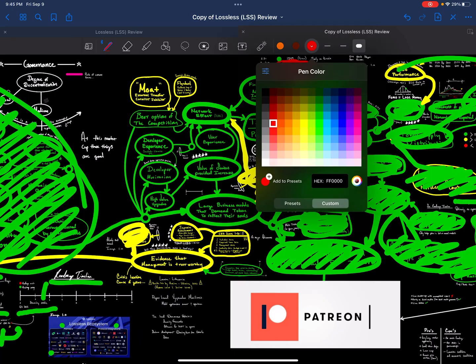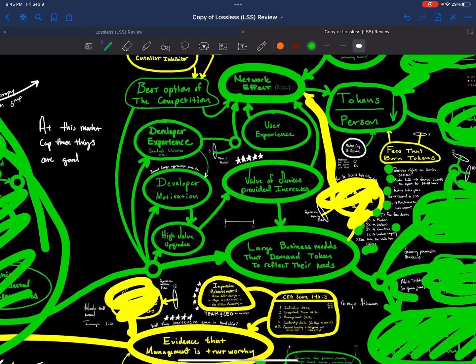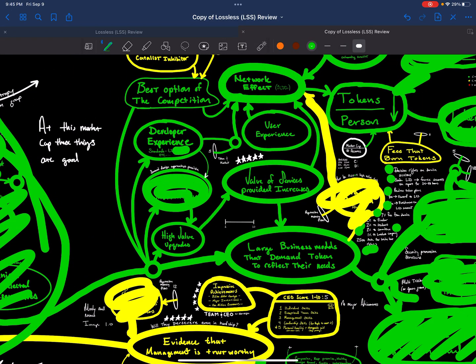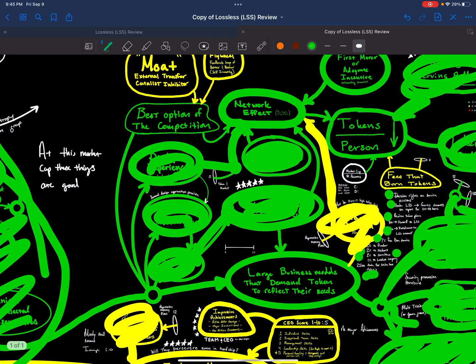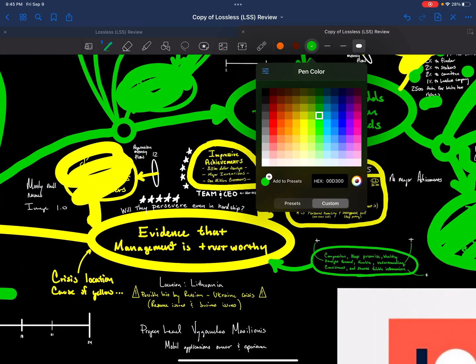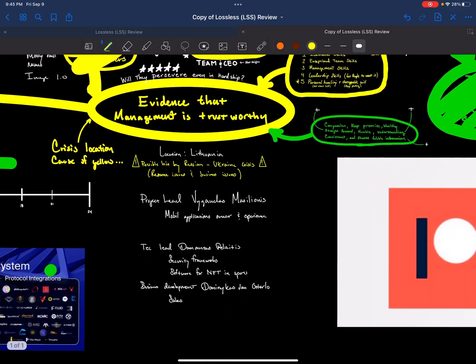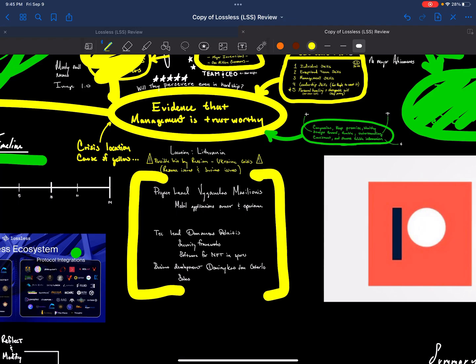Get rid of that. All right. Now all these things that governance affects and the general design: developer motivation, developer experience, high value upgrades, value services to increase. I expect all these things to continue to persist forward. They have an excellent market opportunity. This is a highly needed service. So I expect these things to continue. The team looks like they'll continue delivering that. Now, I will say that there is some risk. The team looks good. The team has experience in development, security, etc.